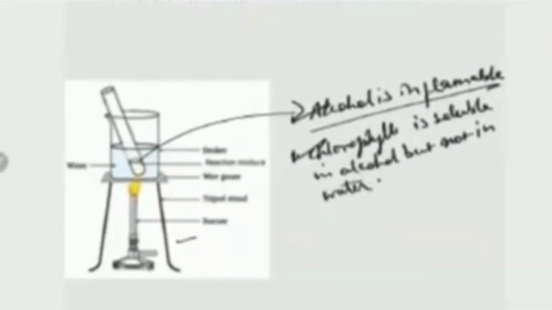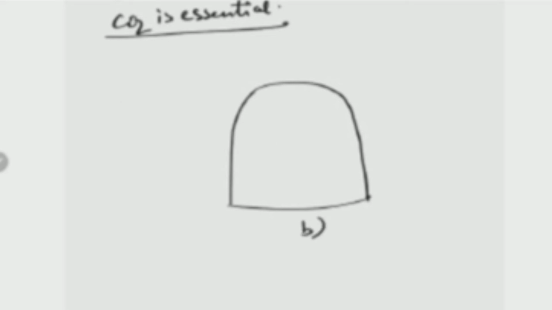Next is that sunlight is essential for photosynthesis and carbon dioxide is necessary for photosynthesis. So I am going to discuss first that carbon dioxide is essential for photosynthesis. For that, I previously told you that we have to learn about the bell jar activity. Now what is a bell jar? You see, these types of jars are present in the laboratory. If you have seen them, then I think you understand.